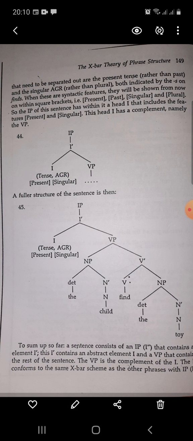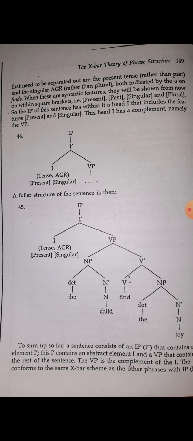So this is all about this. The same you can do with any kind of plurality also, agreement, tense, whatever, any kind of grammatical function you find, you will just analyze it like this. You will just separate the grammatical function in a separate branch, and then you can analyze the rest of the sentences as you already have been doing in X bar syntax. So this is all about the X bar theory. I hope you understand it very well. And if any questions, any kind of problem, you can ask me frankly.